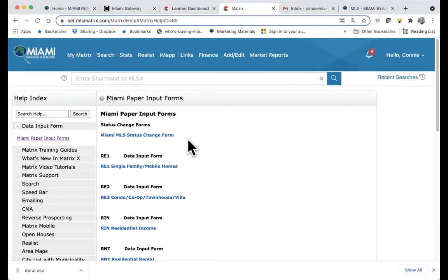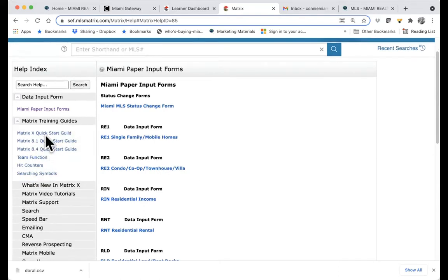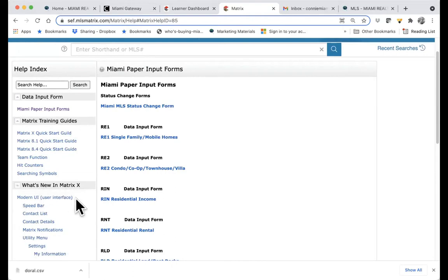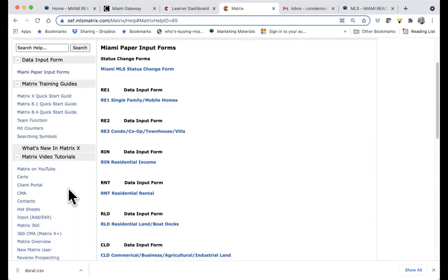You also have them in Form Simplicity .loop. We share them to Transaction Desk. So you have access to these. So if you're going to do a listing presentation, we highly recommend you taking the data input forms. We also have a Matrix training guide. What's new in Matrix X? Some videos, video tutorials available,